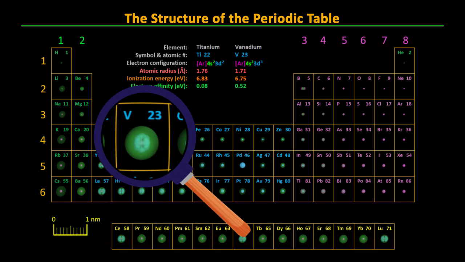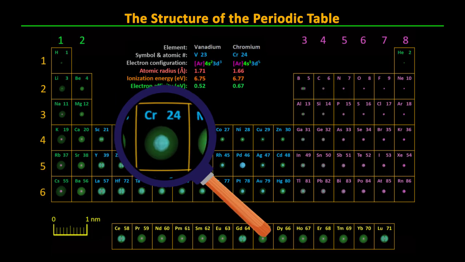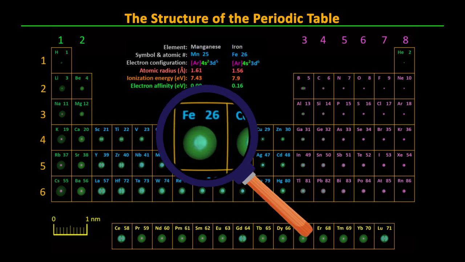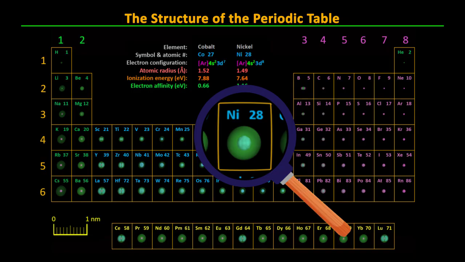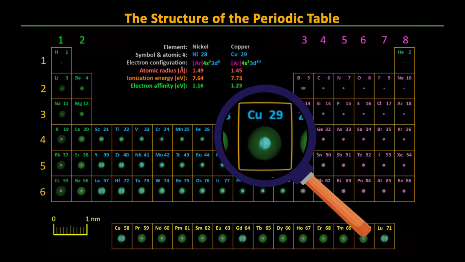Titanium and vanadium are 2 and then 3 in the 3d shell electrons. But when we get to chromium, there's a shift. The 4s and 3d energy levels are close enough that when the crowding of 2 electrons in the 4s orbital can relieve itself by shifting one to the 3d orbitals, it does so. So for chromium, there is 1 electron in the 4s orbital and 1 in each of the 5 3d orbitals. From manganese through nickel, we go back to 2 electrons in the 4s state as the 3d orbitals begin to double populate, until we get to copper, where the d orbital plucks away 1 of the 4s electrons to give that complete d shell with 10 electrons.